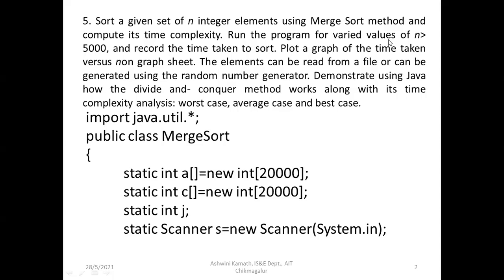Scanner is a class name which is present in the java.util package. So, static Scanner: again, I don't want to create any object for using the variable. That's why I have declared all the variables and all the methods or functions as static only. Without creating the object, we can access that. Static Scanner, I'm giving the name as yes. So I'm creating an object of class Scanner: Scanner yes is an object of class Scanner, which is equal to new Scanner(System.in).